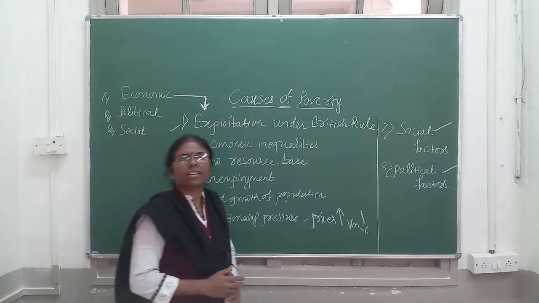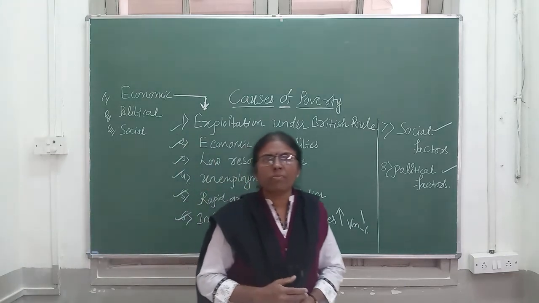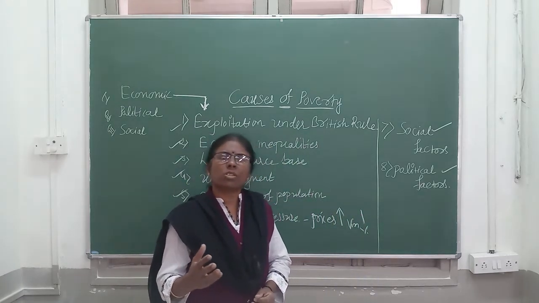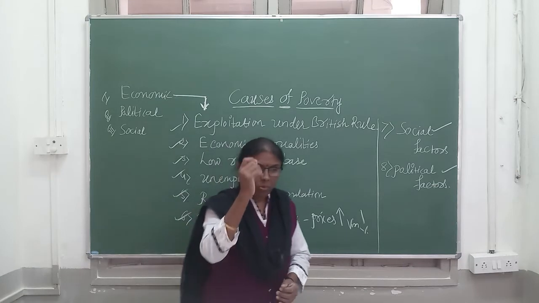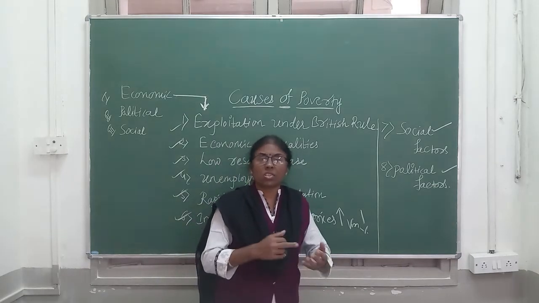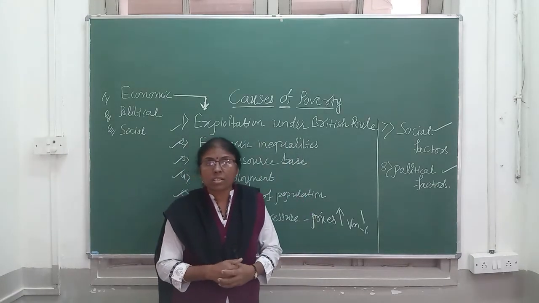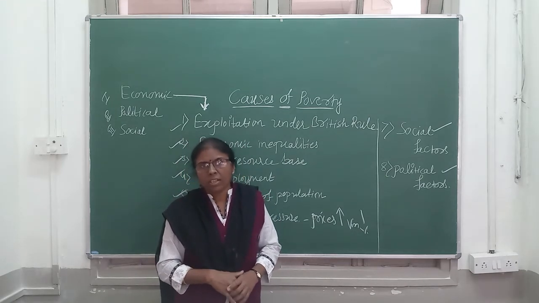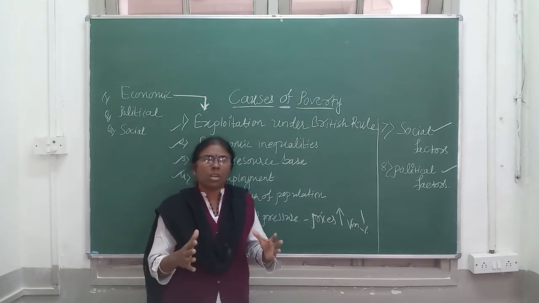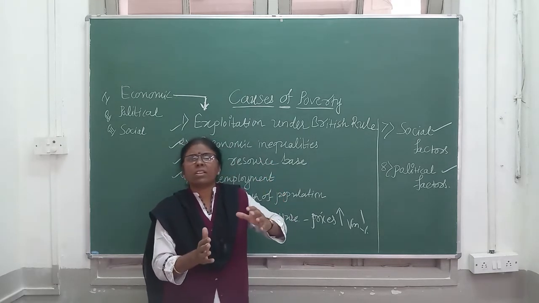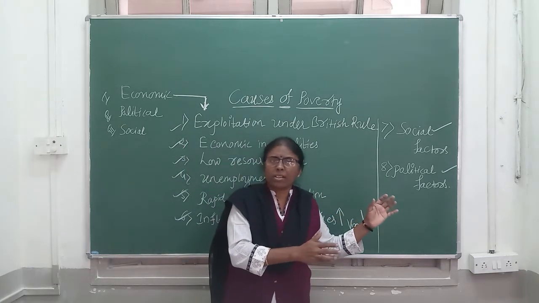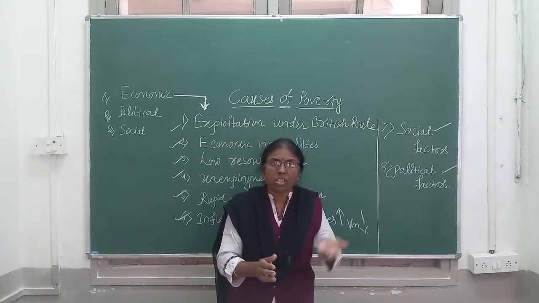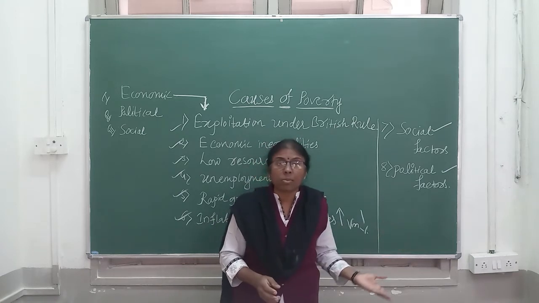Social factors like the caste system and joint family system are also responsible for what? Poverty. And one more important thing, that is customs, traditions, blind beliefs. These are also responsible for poverty. Take for example customs. Every year we have to spend money to celebrate festivals. And one more important thing I would like to mention here, a birth ceremony is there, a death ceremony is there.